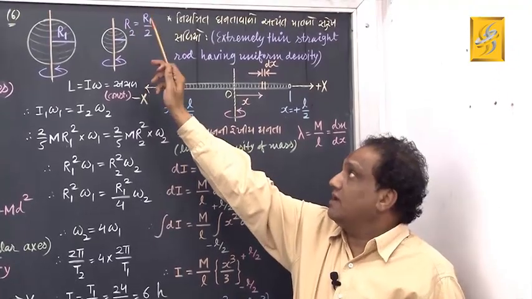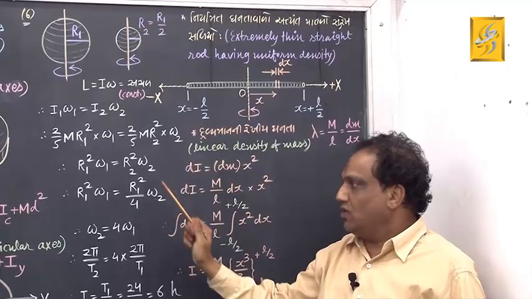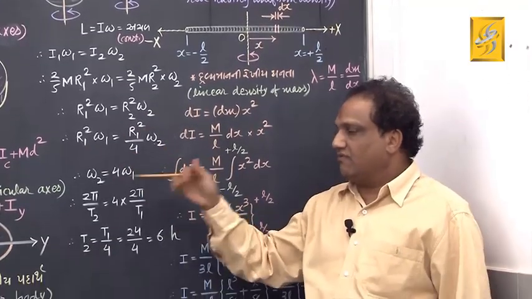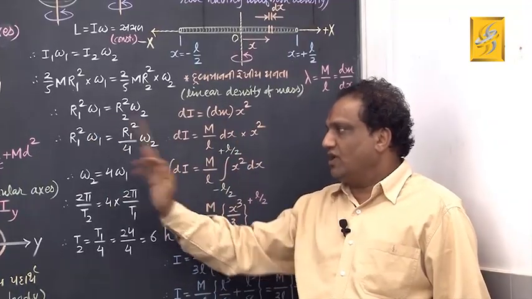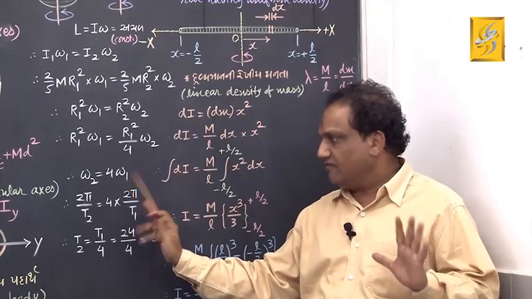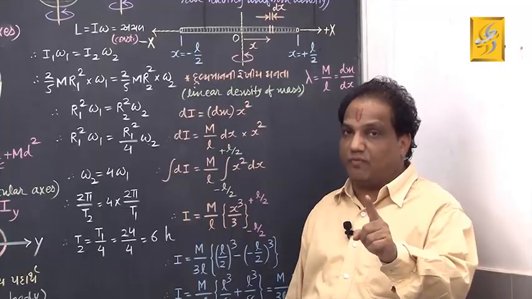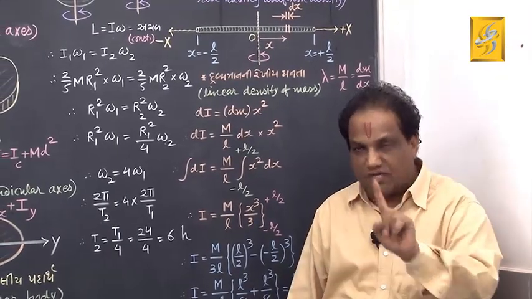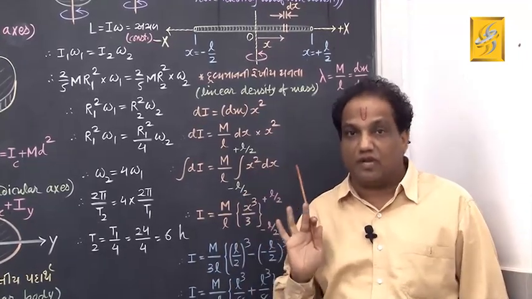What is R2 square? R1 square upon 4 into omega 2, correct? Now, R1 square will cancel, transfer this. So omega 2 will be equal to 4 into omega 1, correct? Fine. What is omega? Angular speed is also given by the formula 2 pi by capital T, where capital T is called the periodic time of rotation, that is, the time taken by earth to complete one rotation about its own axis of